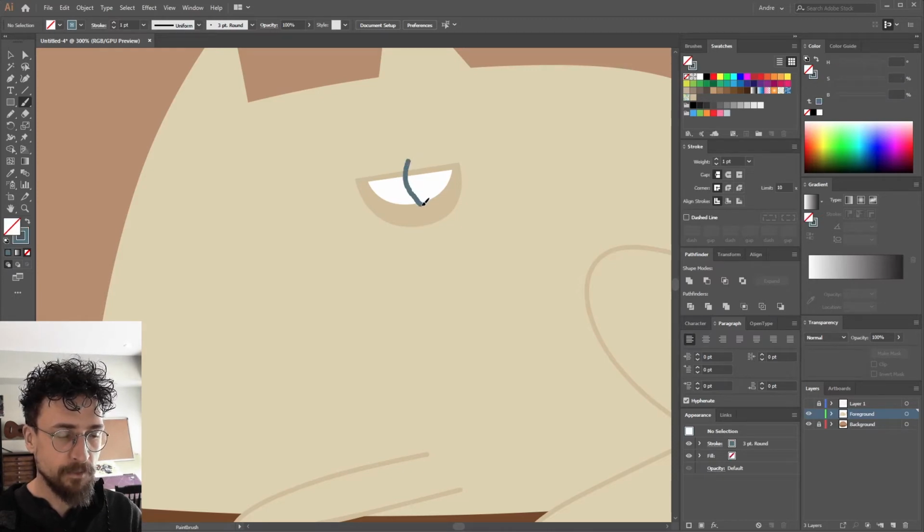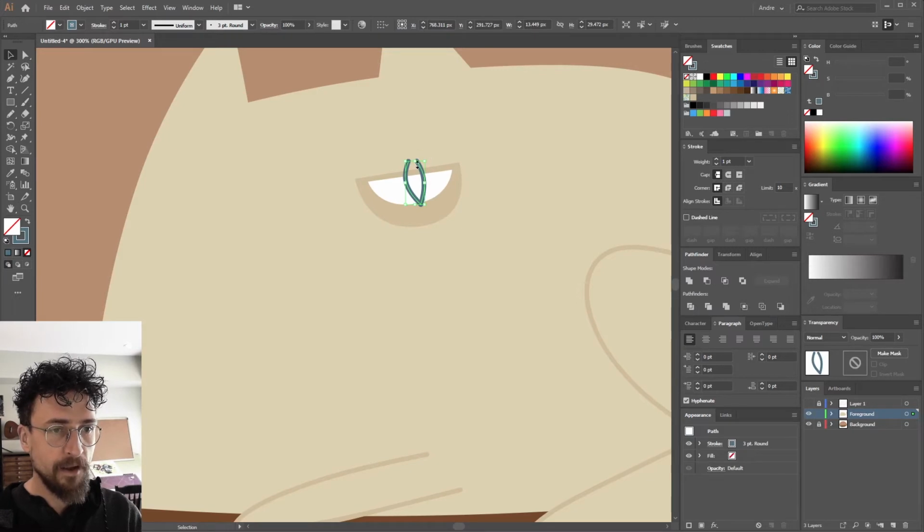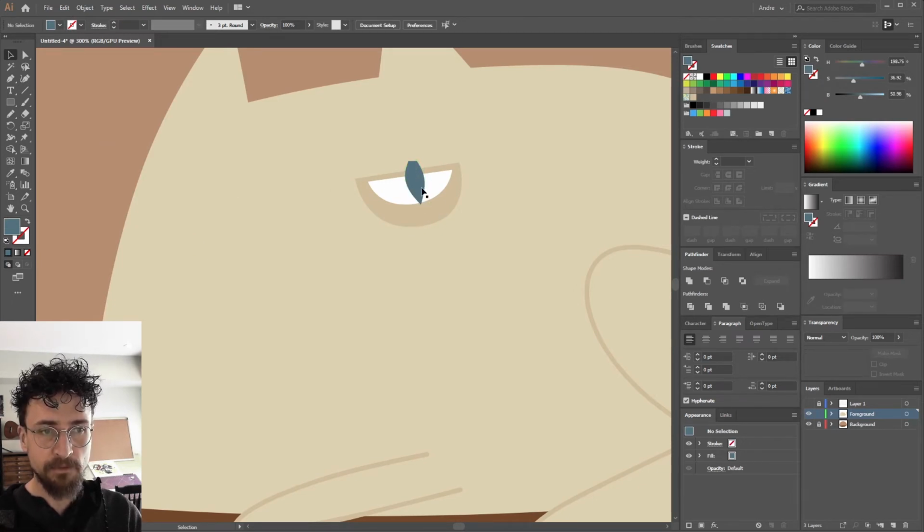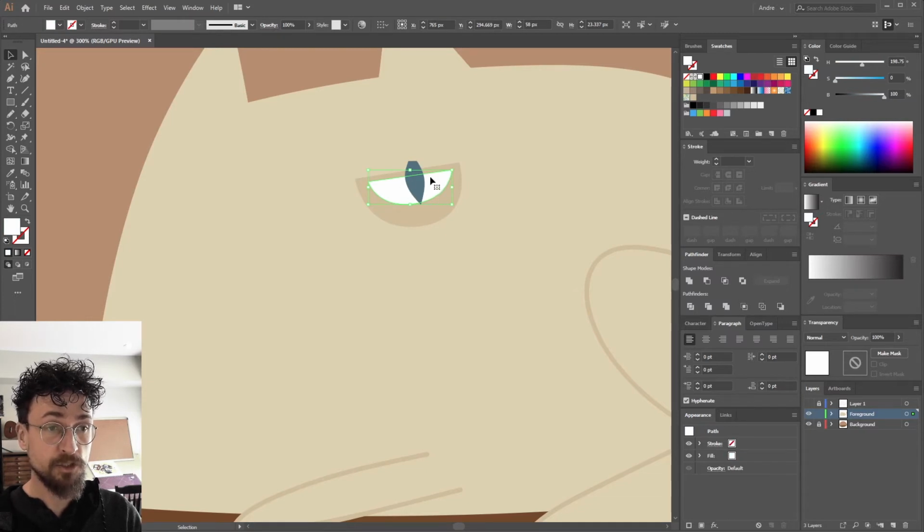Cat's eyes, I like to draw them with that kind of cone shape almost. Now I'm going to change the fill and the stroke. I'm gonna click over here to swap the fill and stroke, so it's only the fill. There, now that eyeball shape, that pupil, is going outside of the actual white of the eye. So what I'm gonna do is use the white of the eye as a mask to chop off the edge